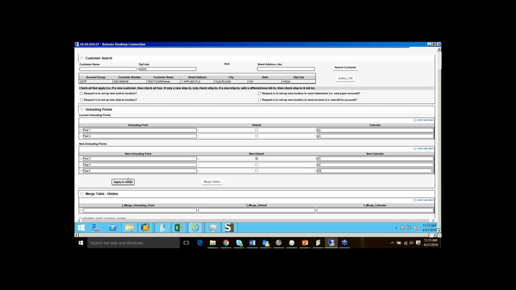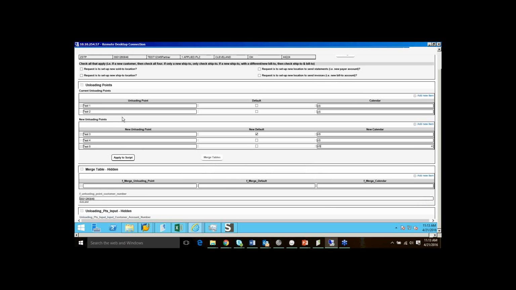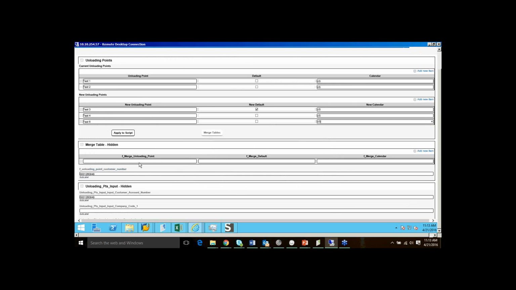So what we're going to do is combine the two and put them into another table, and then we're just going to take the combined data of the current unloading points and the new ones and put it back into SAP. So again, we have our two tables, and then what the user doesn't see, there's a hidden merge table. And what this merge table will do is, when I click merge tables, it's going to